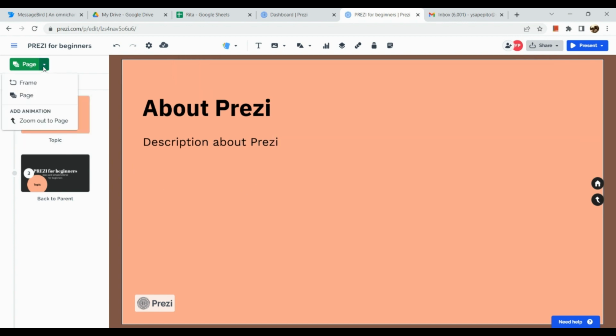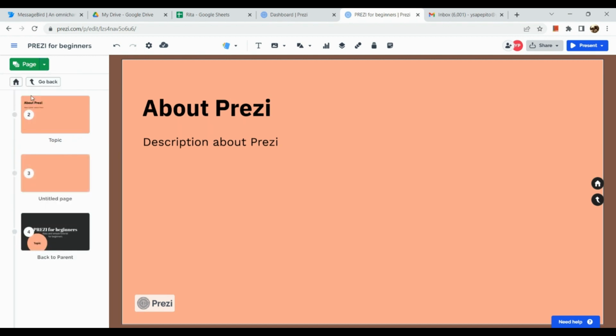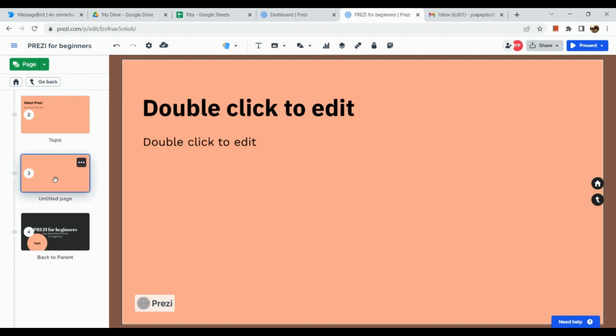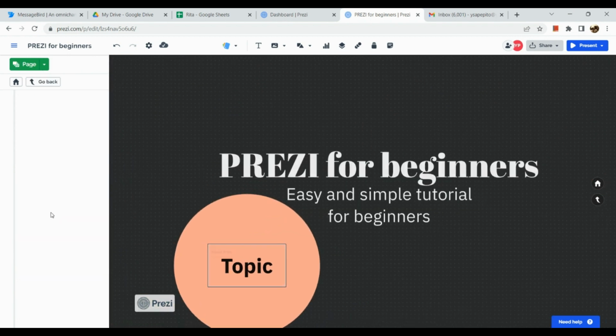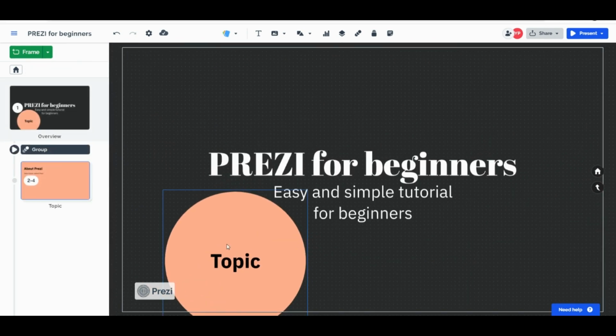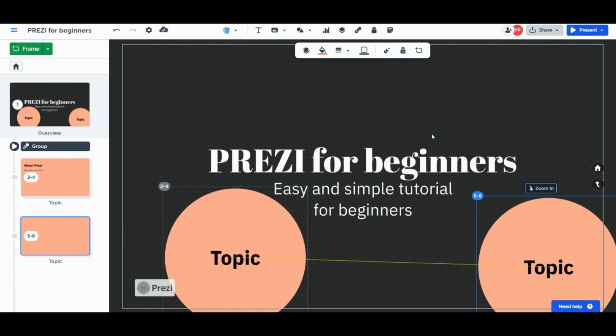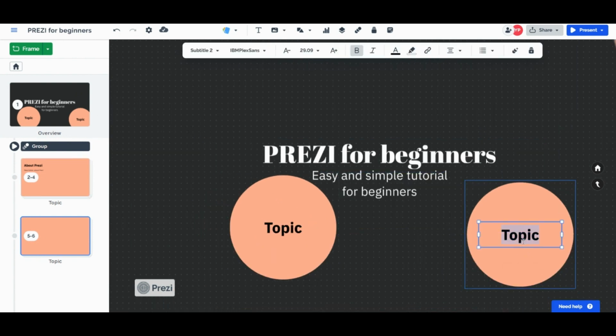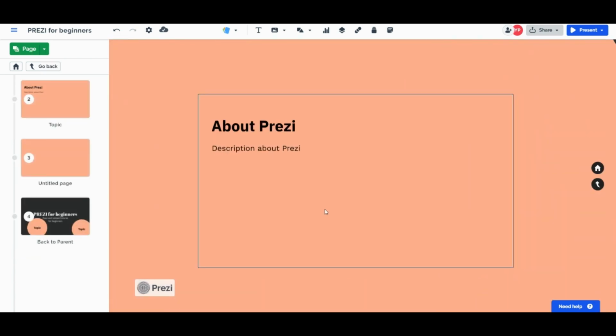Basically, you just need to repeat the process if you want to add pages, a topic, a subtopic, and whatnot. So here I added another page, and if you want to change the color of the circle, by the way guys, you can do that as well. Now the other one is like a duplicate of the first one, so I'm just going to add the topic title here first. And then afterwards,